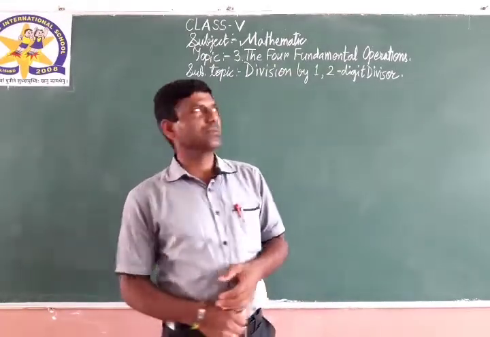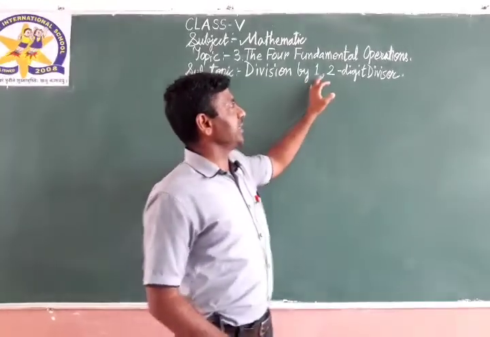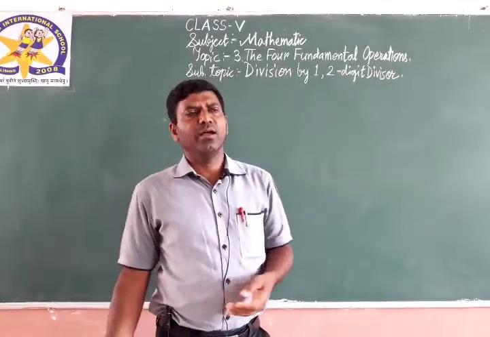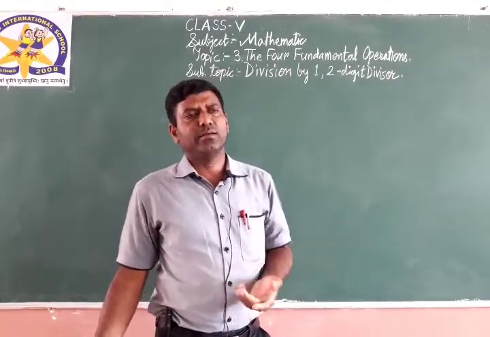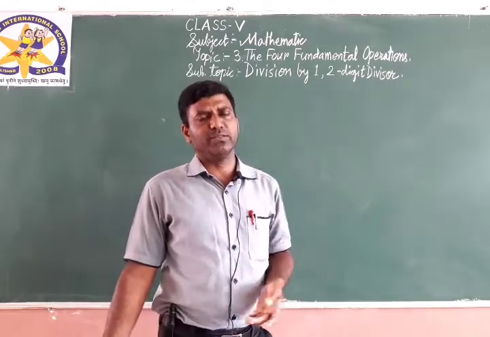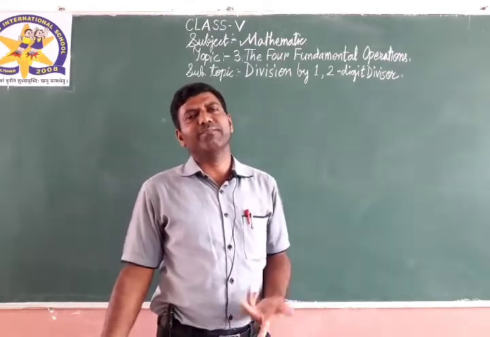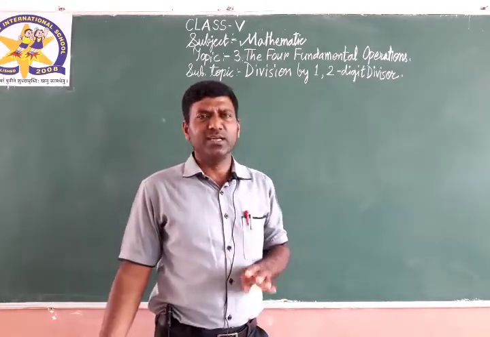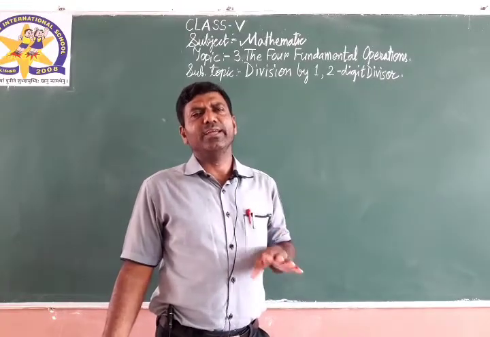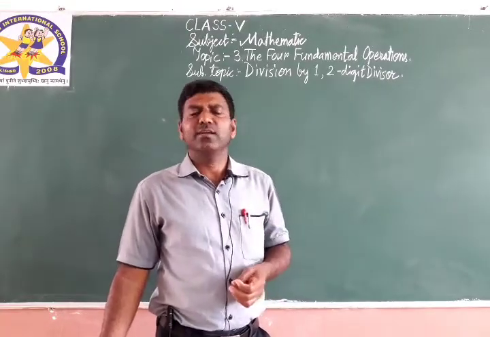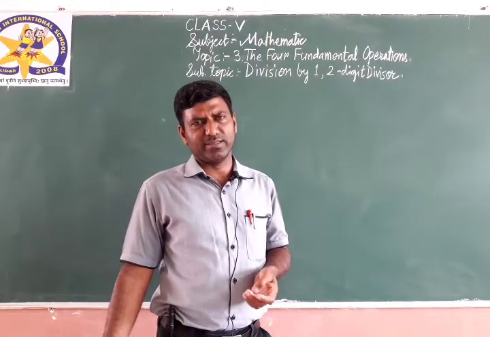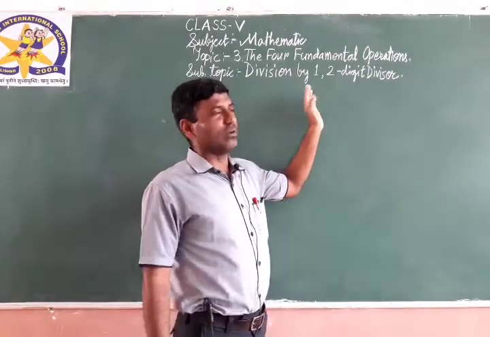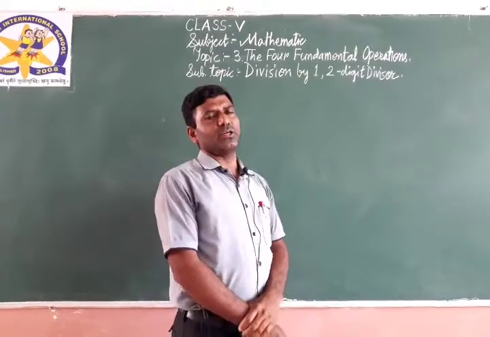Now today we will discuss division by one digit and two digit divisor. Okay, how to divide? You know very well. In first, second, third, fourth, we dealt with one digit, two digit divisor, right? Here it is three digit up to four digit divisor. Same is there. Nothing is changed. Only instead of two digit divisor, it may be three digit divisor or four digit divisor, right? So let's see. In this video we will discuss one digit divisor and two digit divisor.